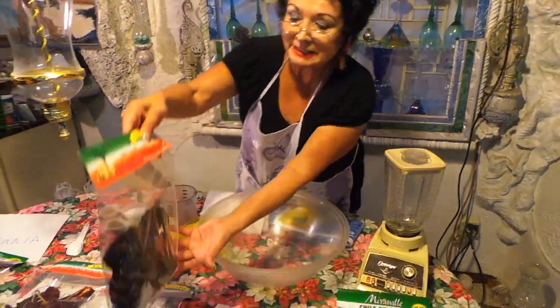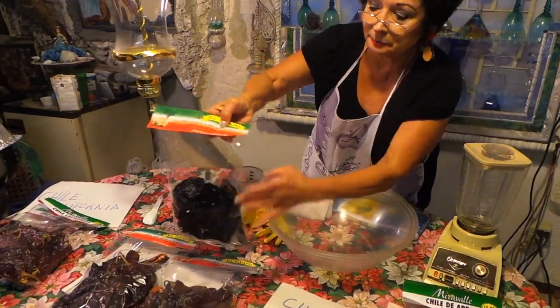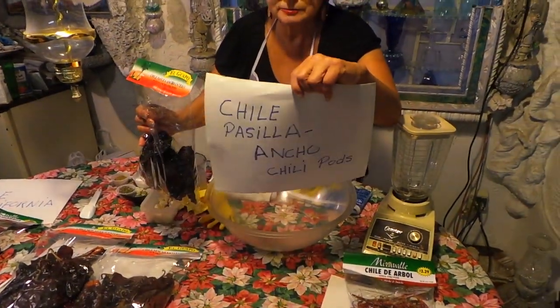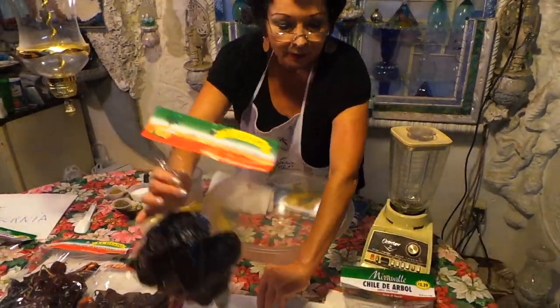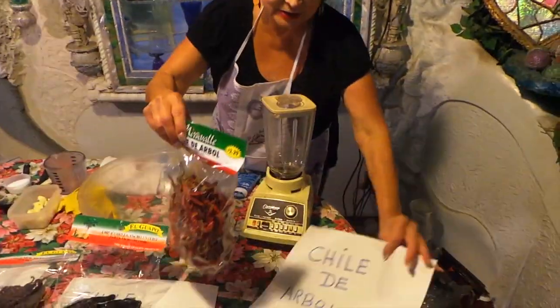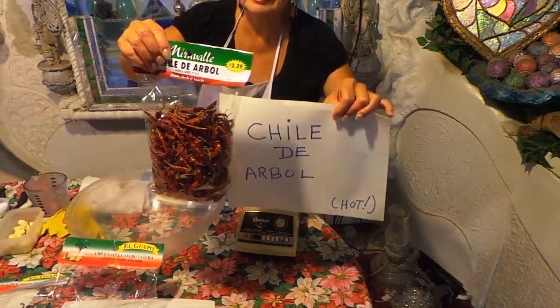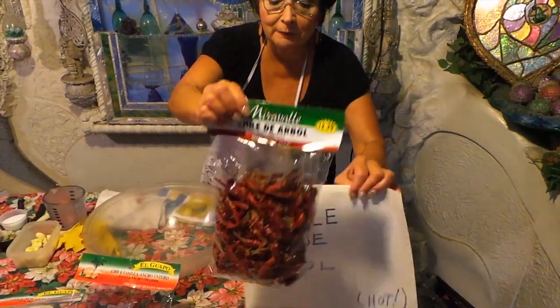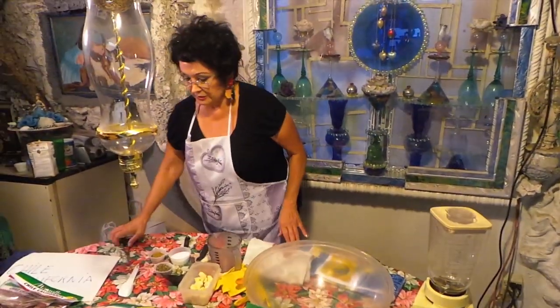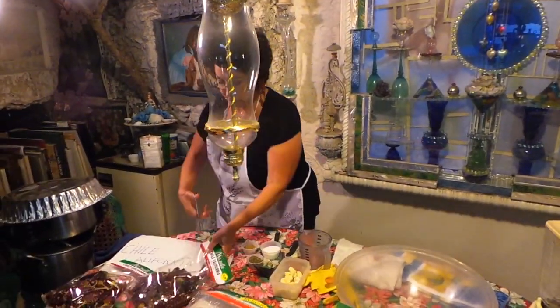This is pasilla, as you can see. It gives it a better taste, a little hotter, but gives it taste. It's called chili pasilla. Now, this is hotter. If you want your tamales really hot, you want to buy this chili de arbol, okay? This is really fantastic. Now, I'm going to open this because we're going to have to